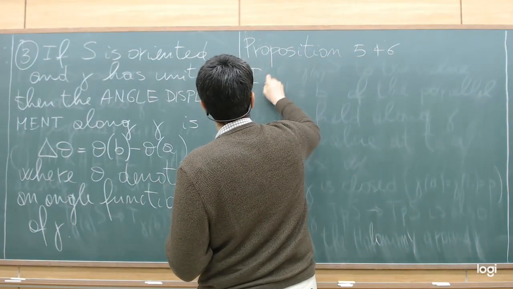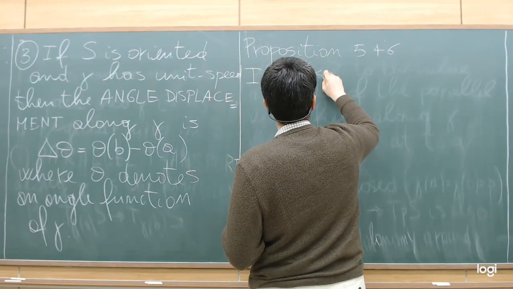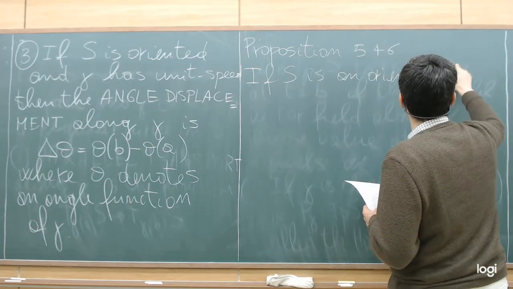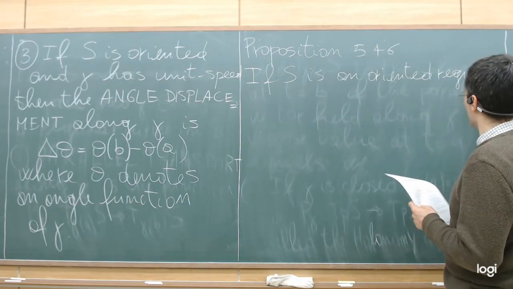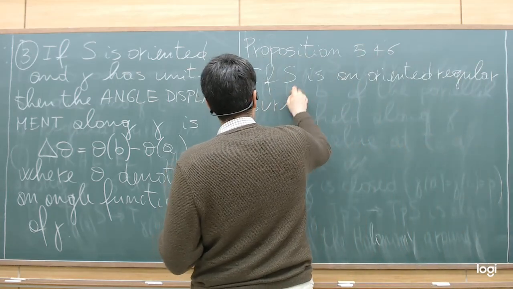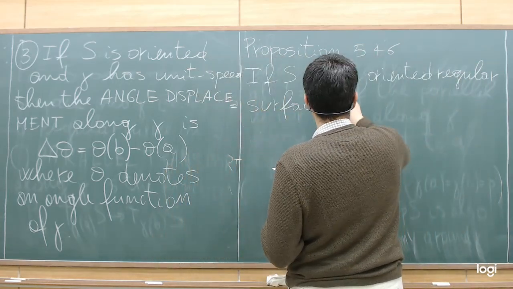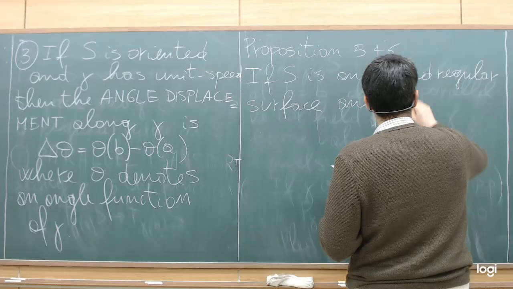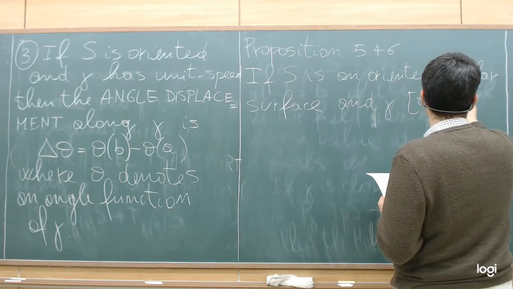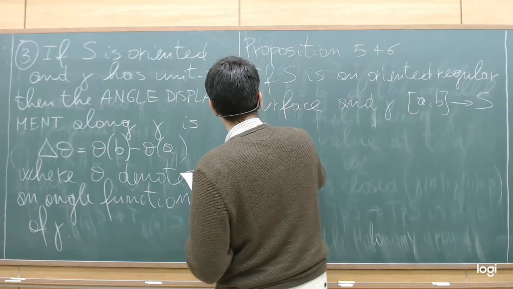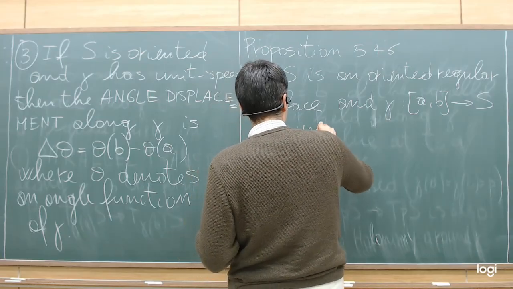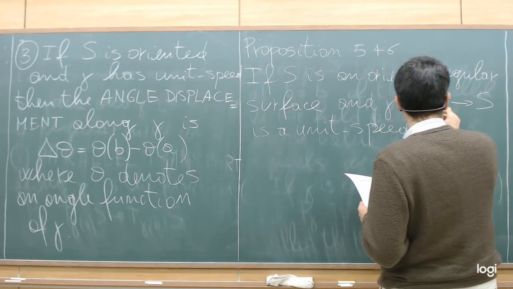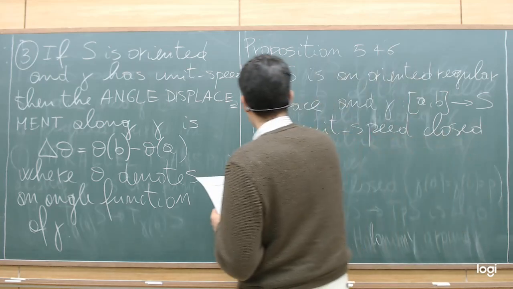So if S is an oriented regular surface and gamma defined on AB with values in S is a unit speed closed curve,